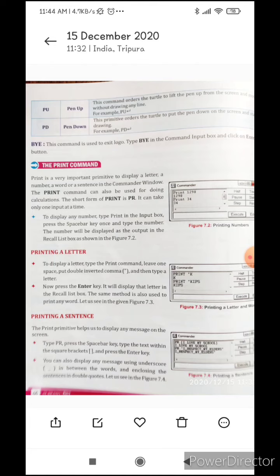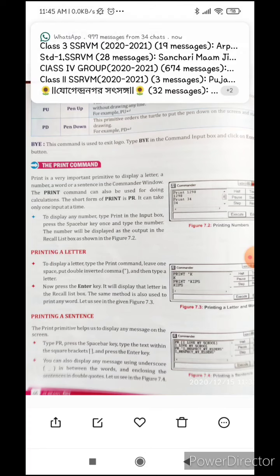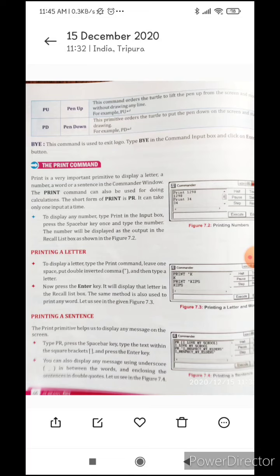Now we need to print a letter. What will we do? Same, we need to write print, and after that we need to press the space bar, and after that we need to give a double inverted comma. There are two kinds of inverted commas in our grammar that we have learned, single quotation, double quotation, or single inverted comma, double inverted comma. So in that double inverted comma, you need to write the letter or the word which you need to print.